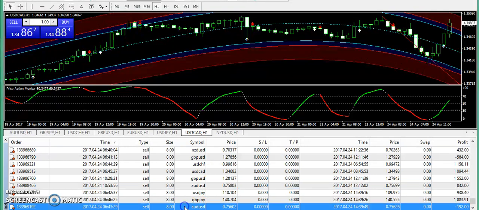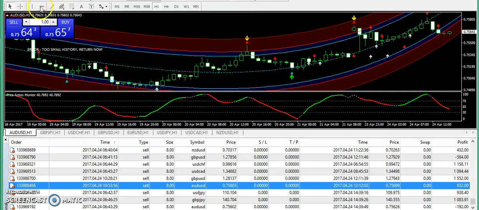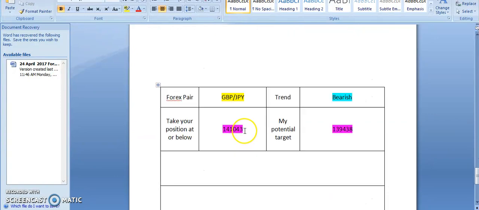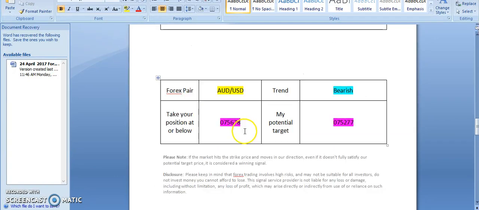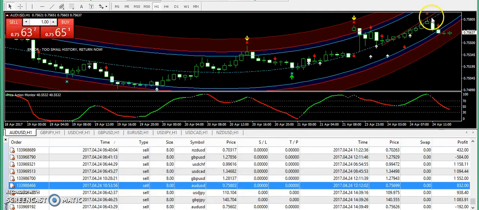AUDUSD. So we also have a loss on AUDUSD. Let me explain how this loss has occurred. Okay, so you know that the market was making a bullish pattern right from the morning, but I was against that bullish pattern because I was looking for a bearish trend, because that was my signal for today, and I was just looking for something to go bearish. And guys, after going a bit up, it has finally gone down,